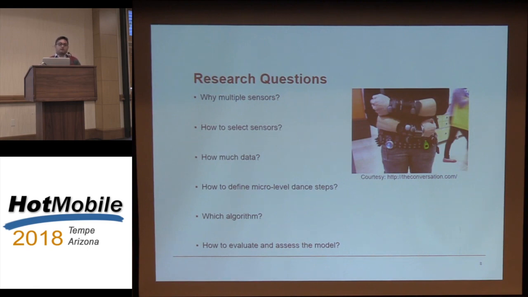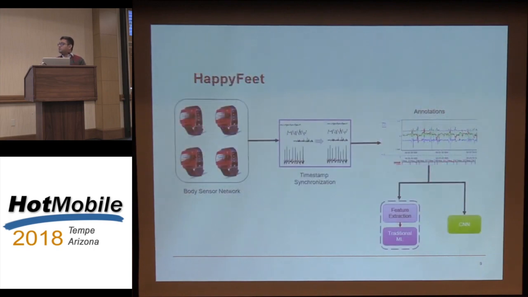In an attempt to address most of the questions listed before, we propose HappyFeet. It is a body sensor network of 4 accelerometer sensors, one on each of the 4 limbs of the body. We then get the signals from the 4 sensors, but then we found that the signals were not synchronized. So in order to synchronize them, we made the participants jump twice before the collection of the data. So we found the patterns of the jumping and we synchronized the signals which we got from all the 4